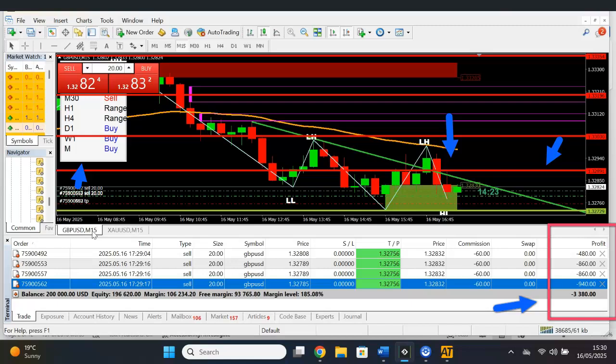The orange line above the LH there, where our middle blue arrow pointing downwards is, is our moving average. Now you can have different types of moving averages, but that's our moving average, and that's our third confluence. So we have 3 confluences that state that we are currently selling, and we also are using the support and